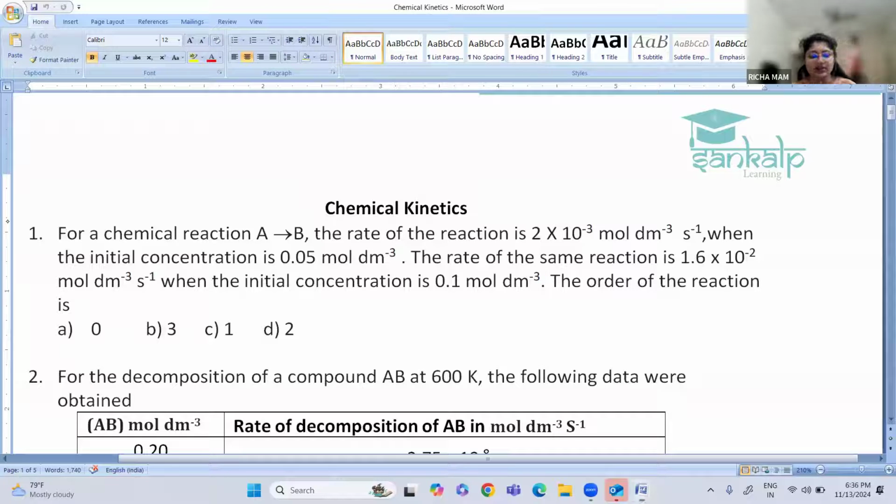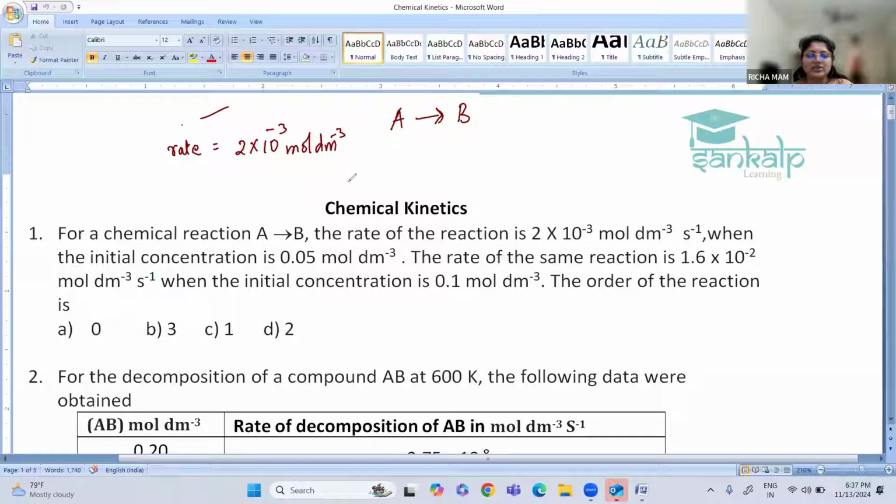So there is a chemical reaction, A giving B. Let us see this particular question. A is the reactant giving product B. The rate of the reaction is given. Let us write the rate of the reaction as 2 into 10 raised to minus 3 mole per dm cube per second, when the initial concentration is